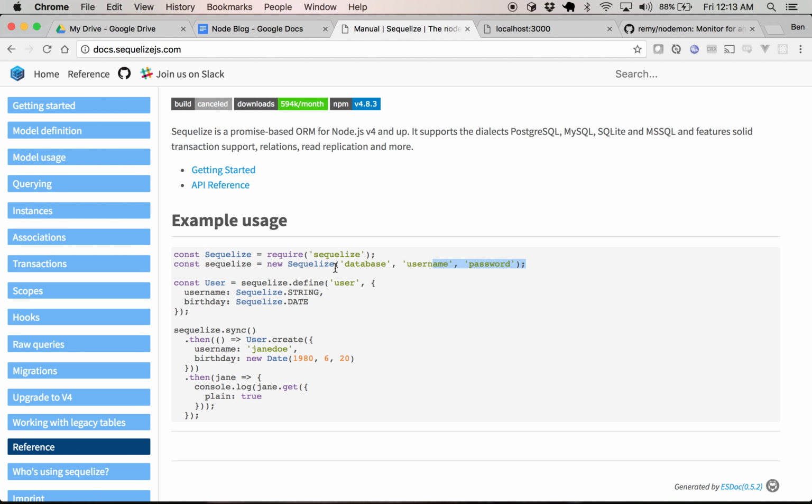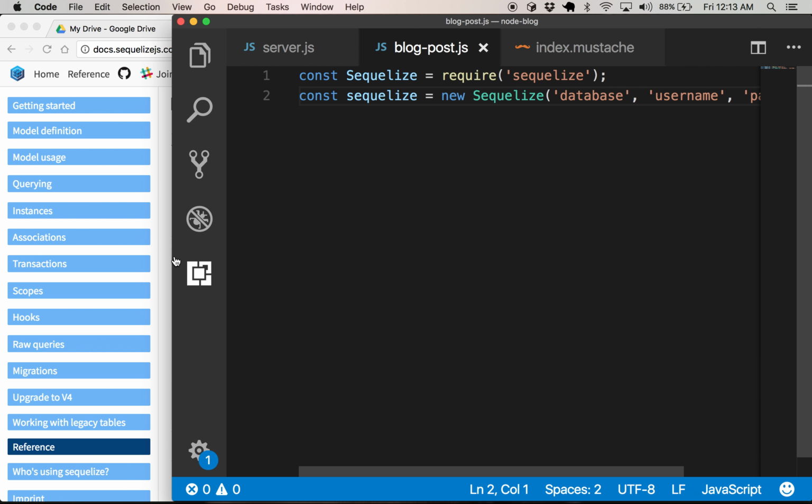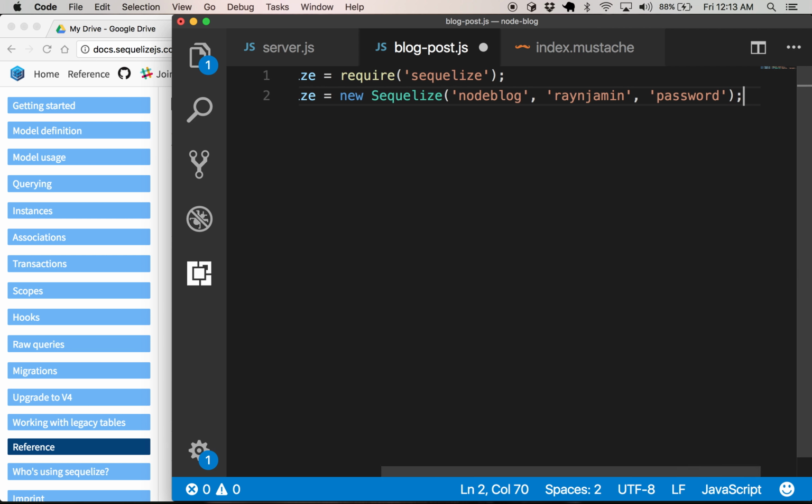So I'm going to do this, require sequelize, and then let's give this database of node blog, username, let's give it Rangerman, password, that's my, oh